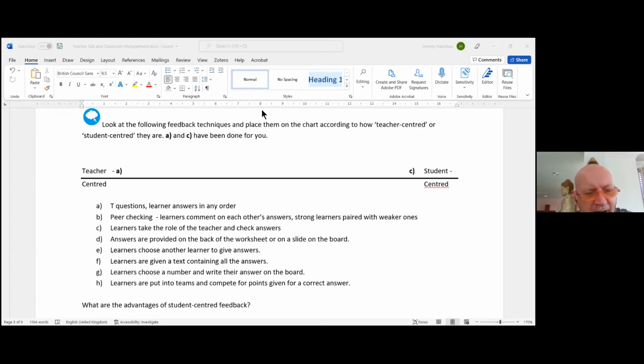Student-centered, I agree. And lastly, learners are put into teams and compete for points given for a correct answer. I think it's kind of partly student-centered, partly teacher-centered, isn't it? Because the students decide the answer and they compete with each other, not really competing with the teacher.